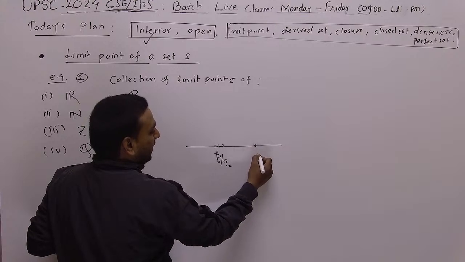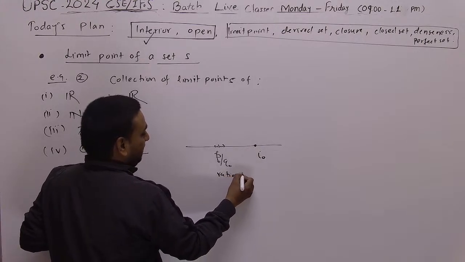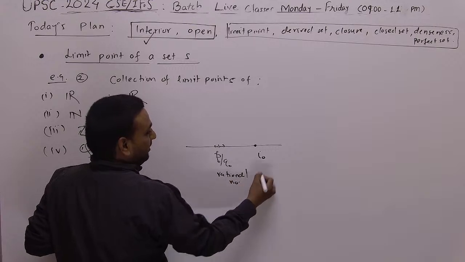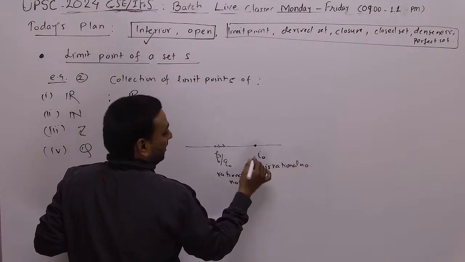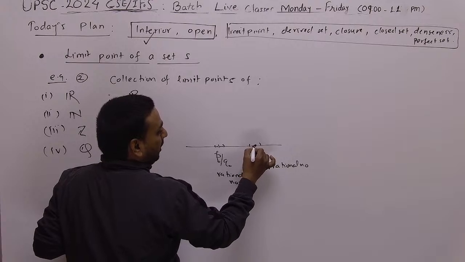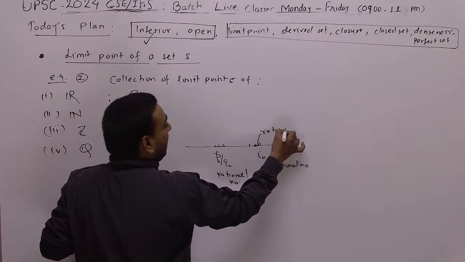If you take any irrational number, that will be irrational number. If you take any ball, that will contain rationals as well,